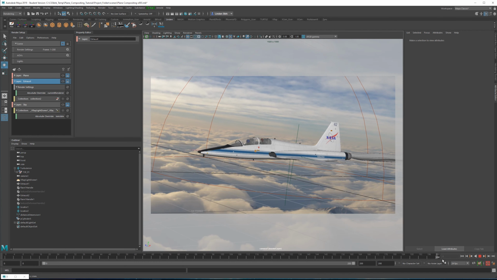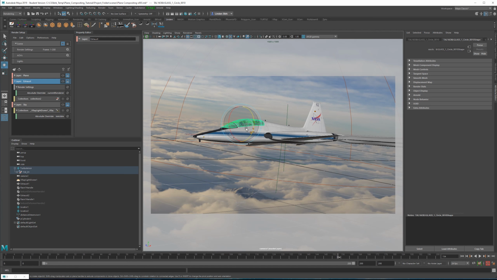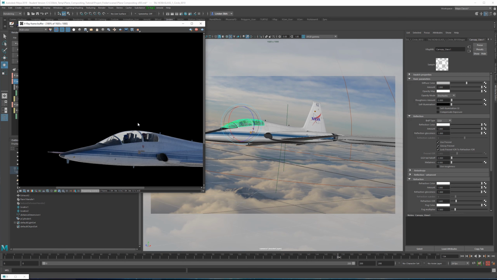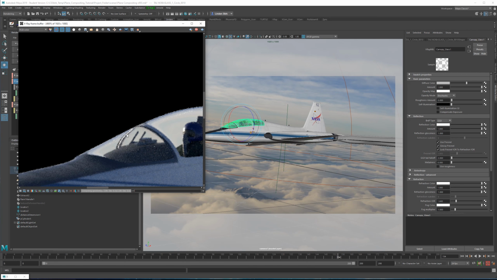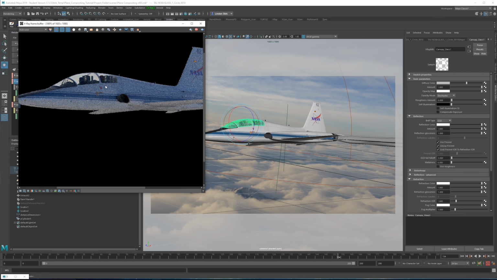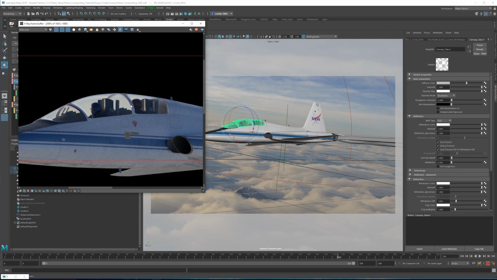Okay. I also mentioned the glass had a little bit too much refraction on it. So let's go into the canopy glass, go down to the refraction IOR, and for this we're going to turn on IPR. And we're looking at some of the distortion around the edge here. And one thing you can do with IPR is a little bit more convenient than rendering the entire thing. If we select this little icon up here, it turns on the region render, then we can just click and drag a region that we'd like to focus on, and it's not going to waste time rendering anything else.